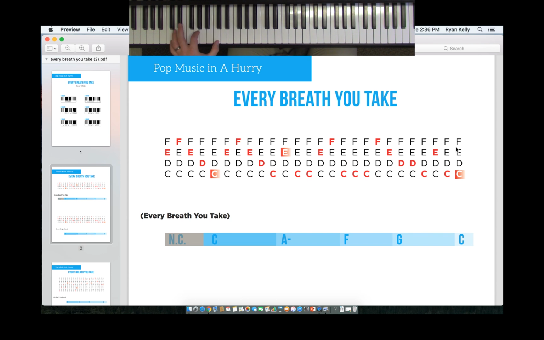Now instead of playing the melody, you can totally sing or have somebody else sing and play the chords with this rhythm. Every breath you take, every move you make, every step you take, every vow you break, I'll be watching you. Or you can play